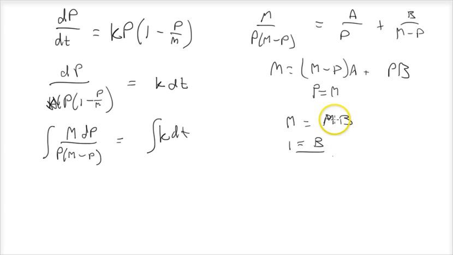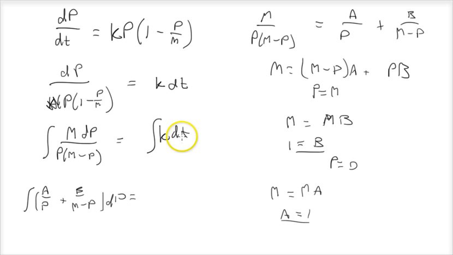Now let's do some more selective choosing. If we make p equals 0, the b disappears. And so that means we'll get m equals m minus 0, so just m a, and a is also equal to 1. So that means that we've got little ones right there, and we can substitute this expression in for that one, but we've got to keep our dp. So we'll get a over p plus b over m minus p